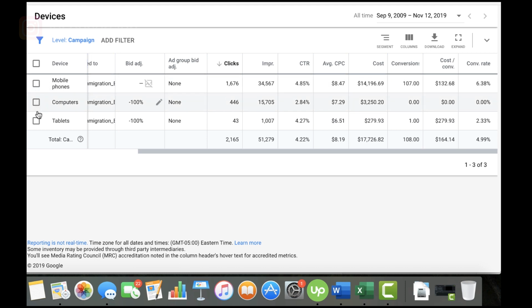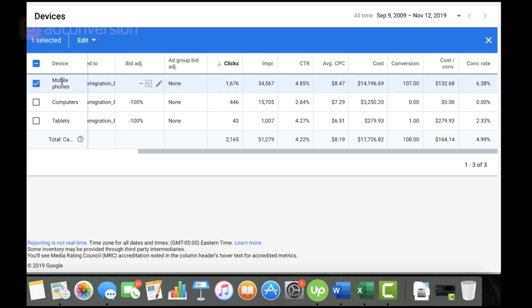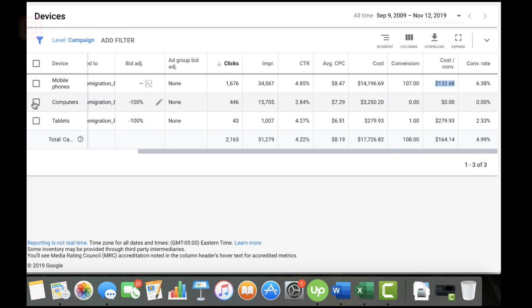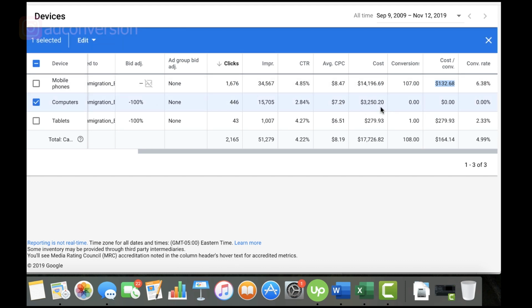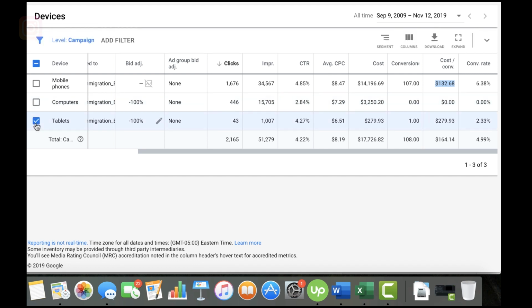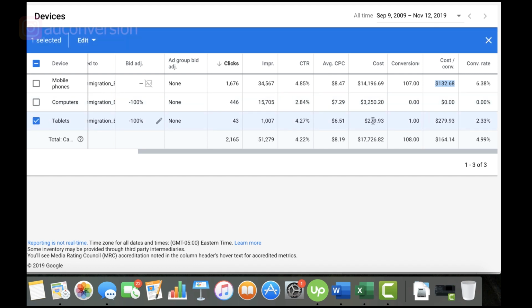and you'll see here I have mobile phones, computers, and tablets. So if you go ahead and see here, mobile phones for this campaign, 107 conversions came from mobile phones for this immigration attorney. And we spent $14,000, and that came out to be $132.68 cost per conversion. And then you'll see here for computers, we spent $3,250.20, and we got 0 conversions. And then you'll see here lastly for tablets, we spent $279, and we got 1 conversion at a $279.93 cost